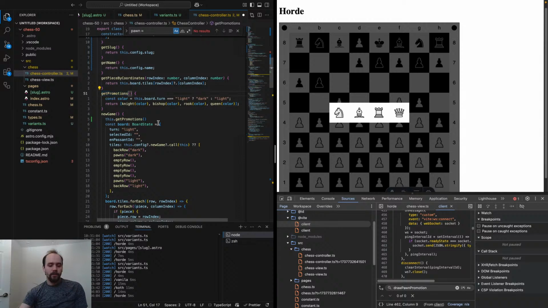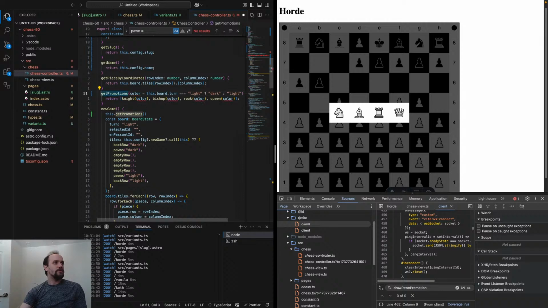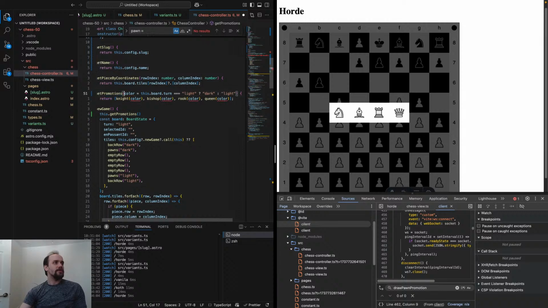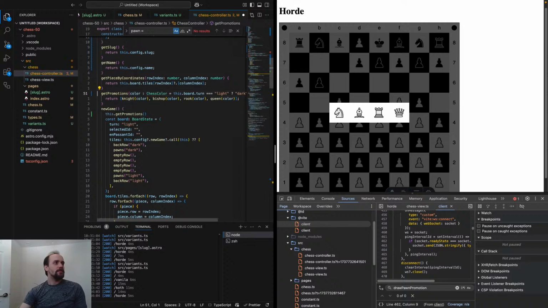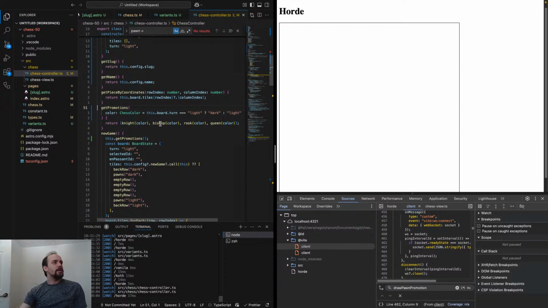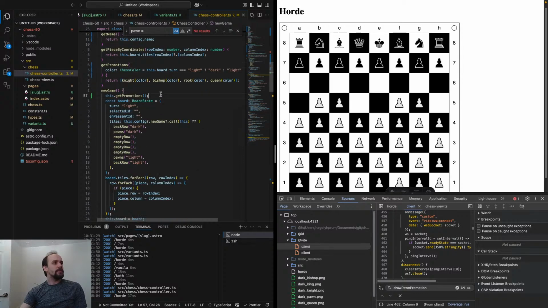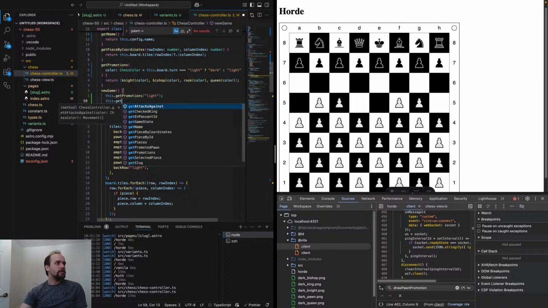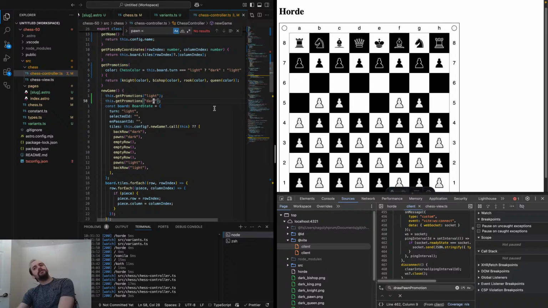We'll say color, do this, and say that the type is chess color, and then when we new game, we'll just do one for light, one for dark, and that'll help to preload them into the cache, so that when we go here,